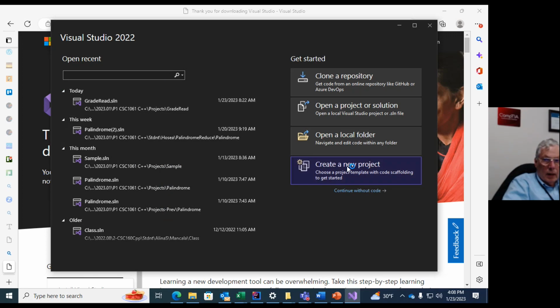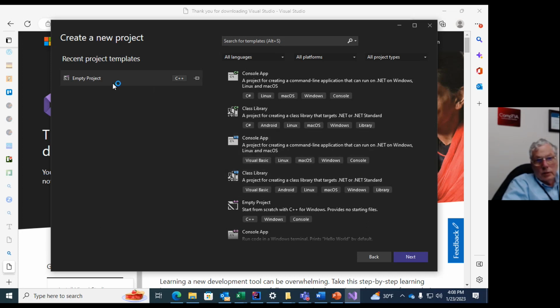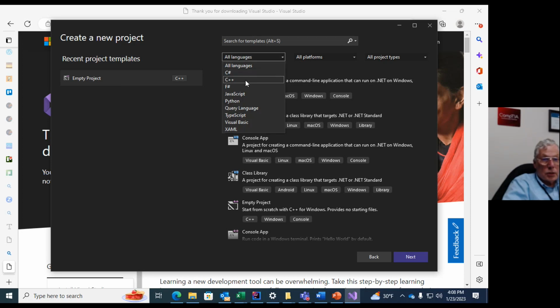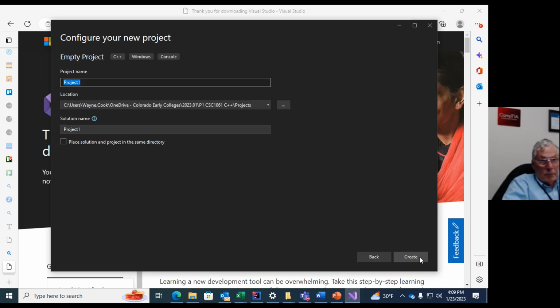Then I'm going to create a new project. Notice I have empty project here already, but I can select the language I want to use. In this case, I'm selecting C++, and empty project is the first one. The console projects are all nice, but unless you're doing some application with other fancy stuff, I would say to begin with, just use the empty project,